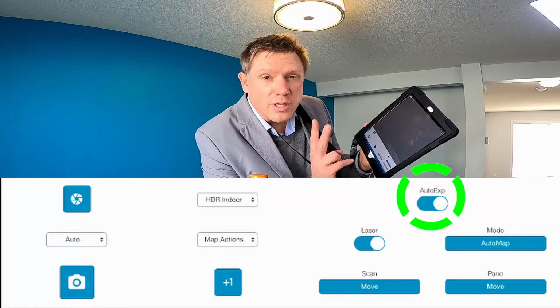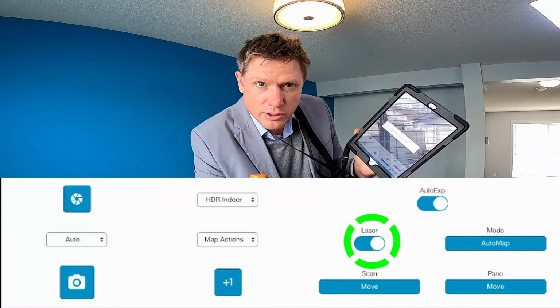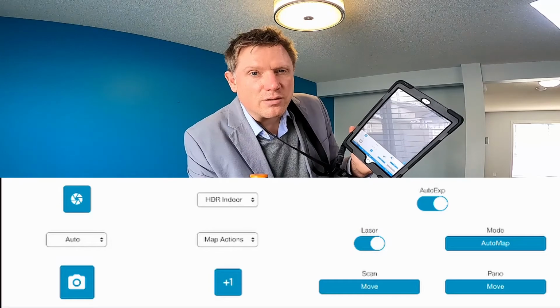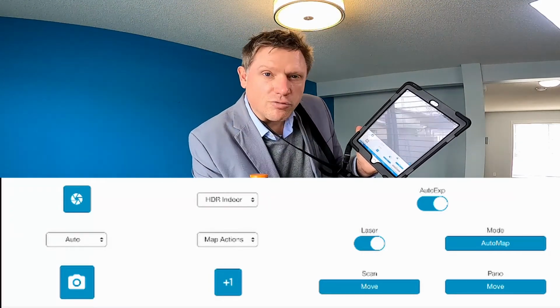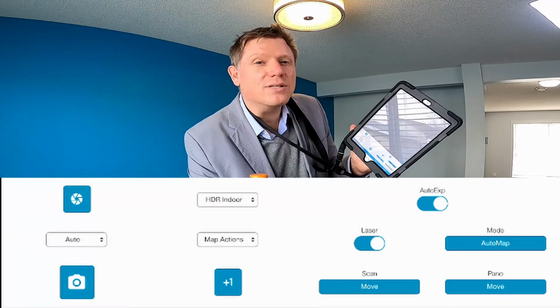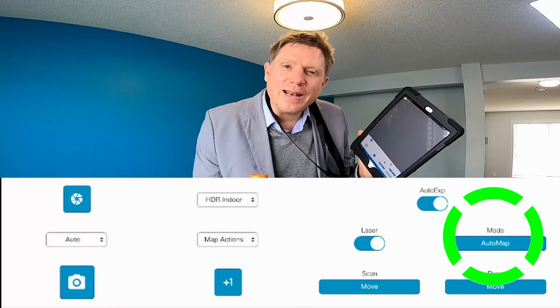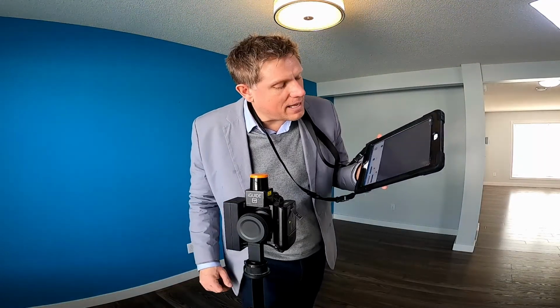Okay, two things that we want to do with the laser. First, another slide toggle, we want to make sure to turn it on. And then I want you to notice that there's two modes that the laser can be in. It can be in what's called track mode, and it can also be in what's called auto map mode. Okay, now, when it's in track mode, as we move around the property, it's going to keep track of where the